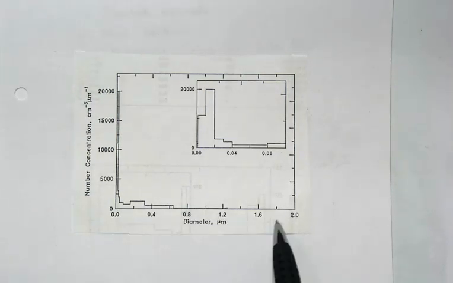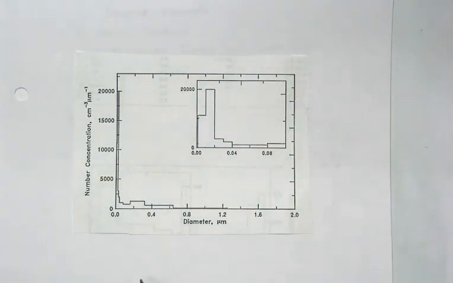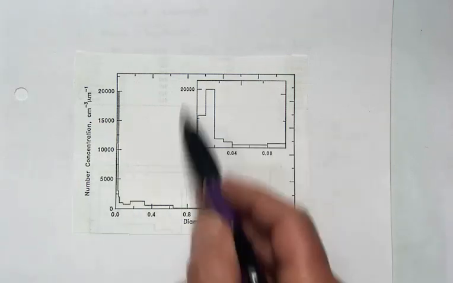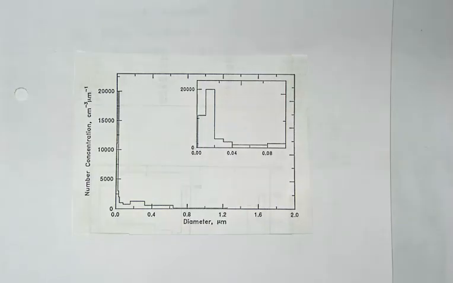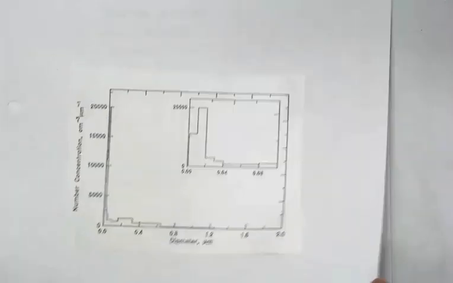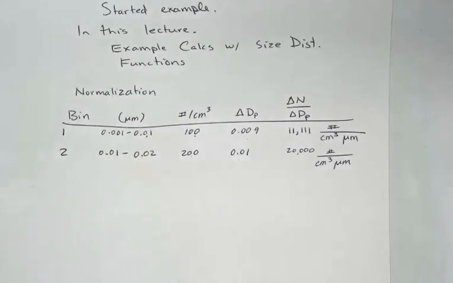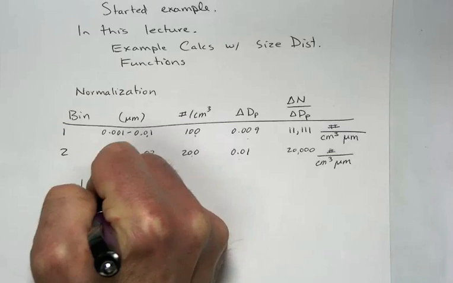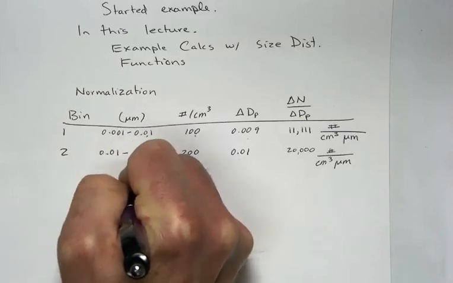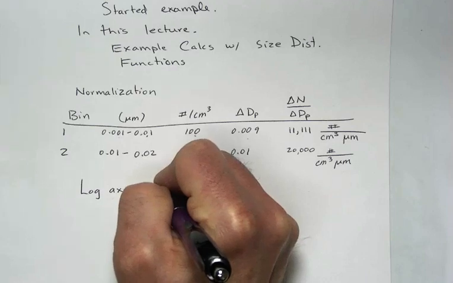However, we're still not using a log scale, so there's a lot of interesting detail here below 100 microns, but we can't see it, so we have to make this inset figure. So let's fix that. So now let's do all the recommendations. Log axis, and